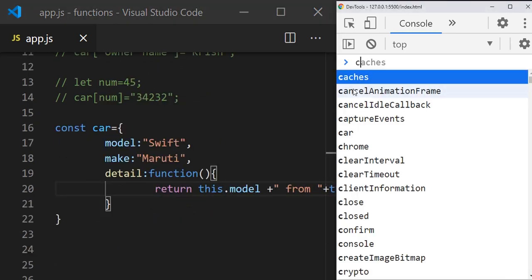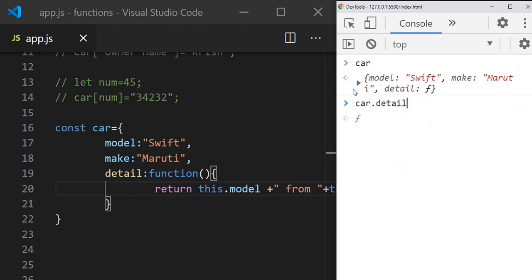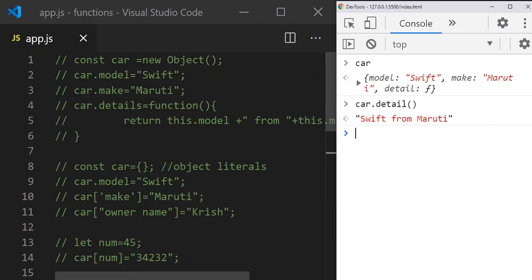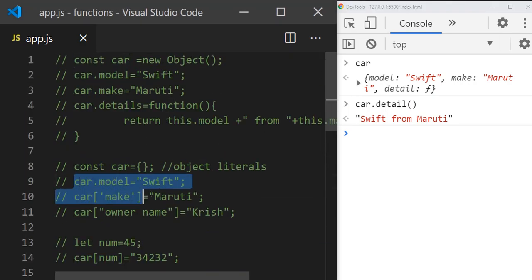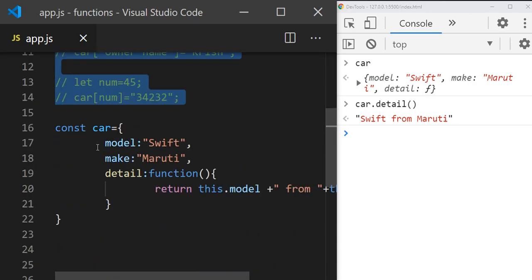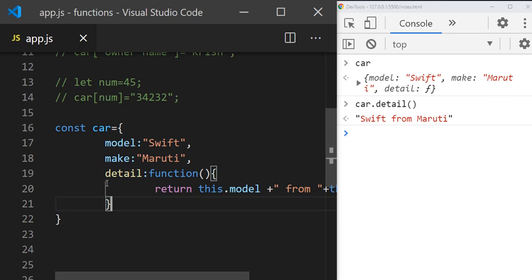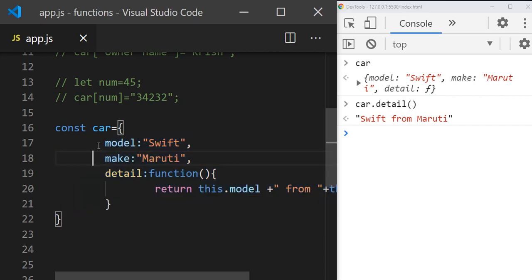So if we go to car and car.details, it will work as these objects work. You can add the properties like this, and also like this. When you know all the properties and methods you need for the object at the time of creation, you can add everything and create the object like this.